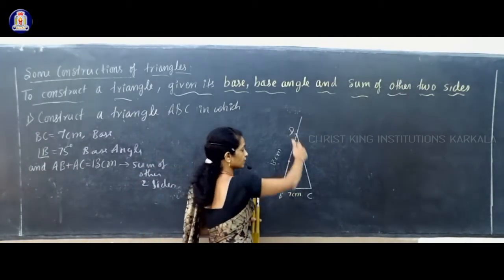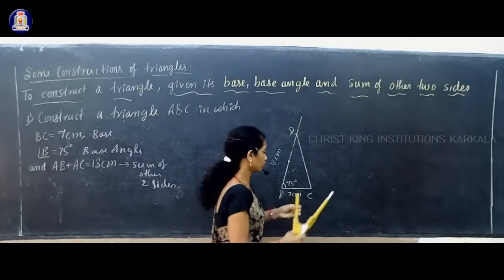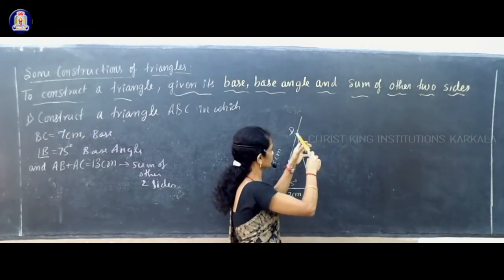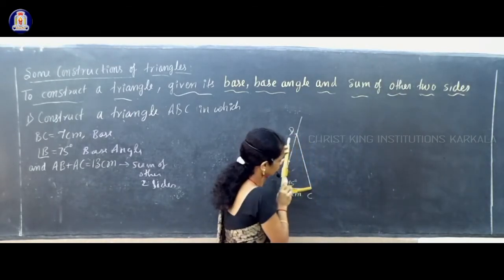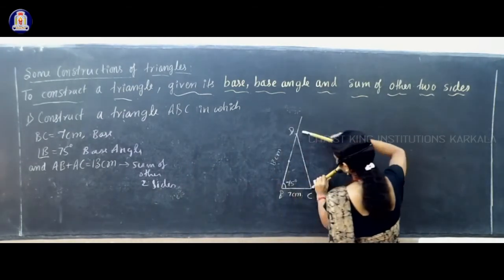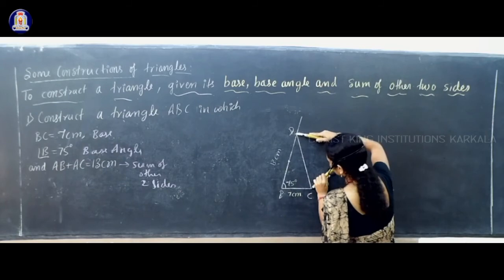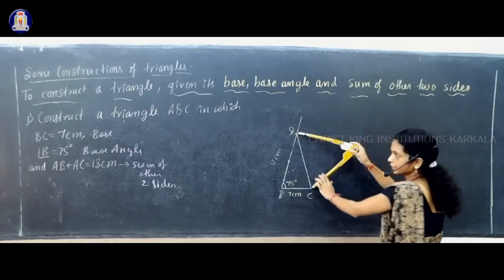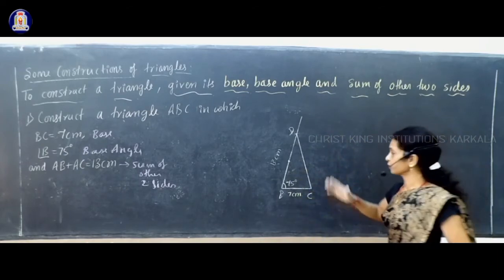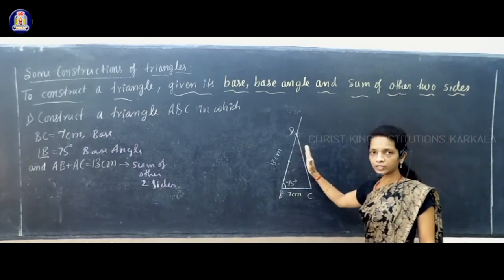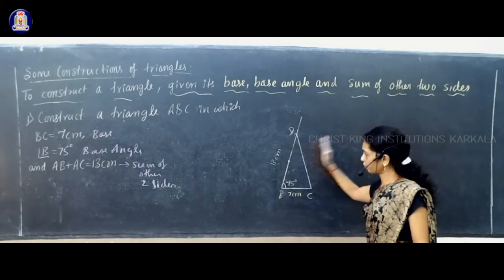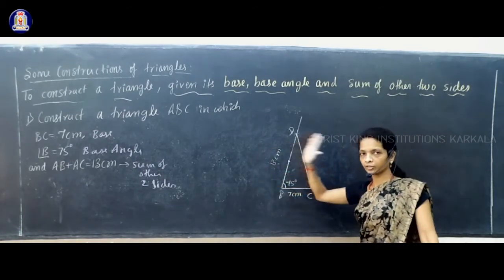Now this line CD is there, and you have to take that length in your compass. Take that much length in your compass. One tip of the compass should be at C, the other tip at D, like this. After taking the CD length in your compass, now you have to draw the perpendicular bisector of the line CD. Above CD means this side, below CD means this side. You have to draw arcs.